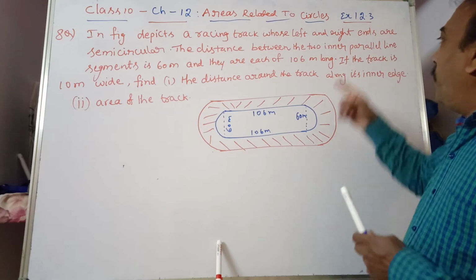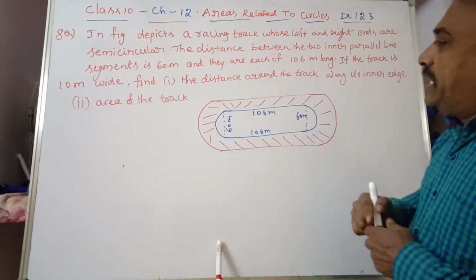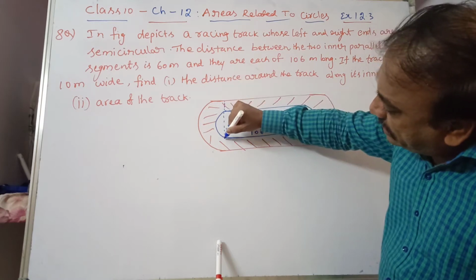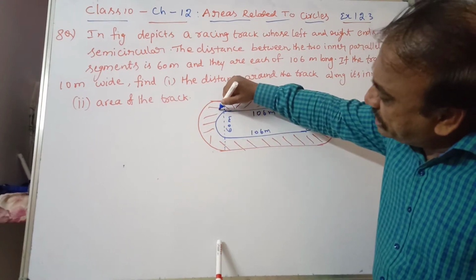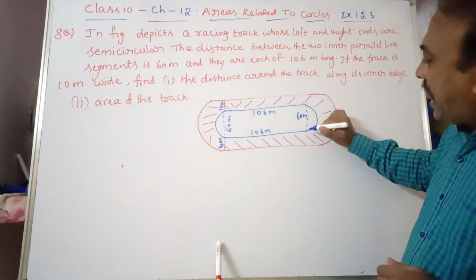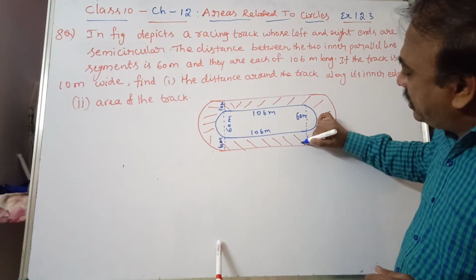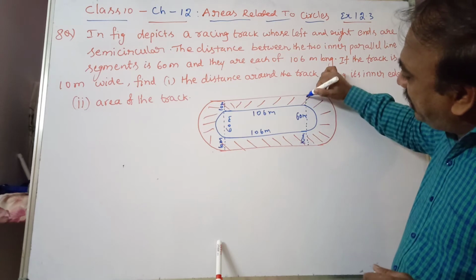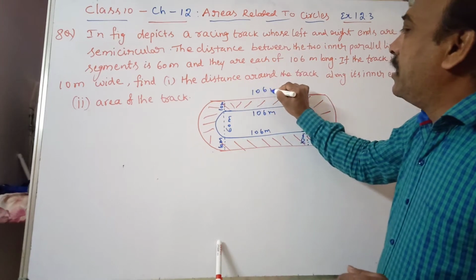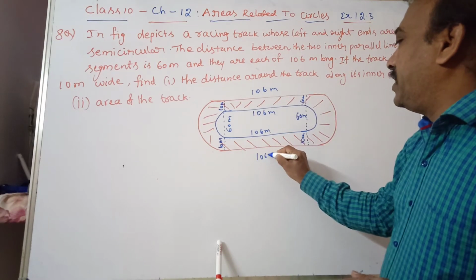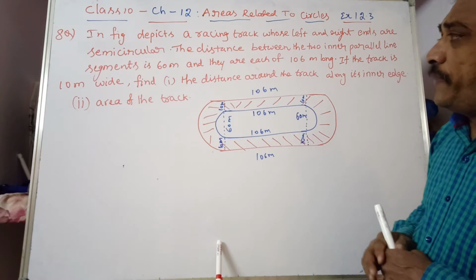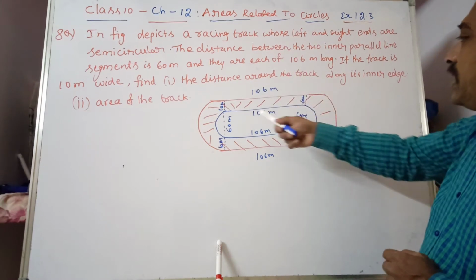Next, if the track is 10 meters wide, from here to here, this is the track width, this is 10 meters and here also 10 meters. Outside we have 106 meters. Now what we have to find out is the distance around the track